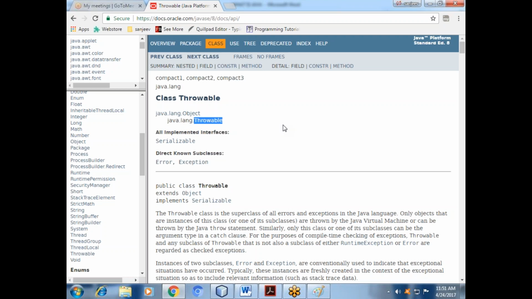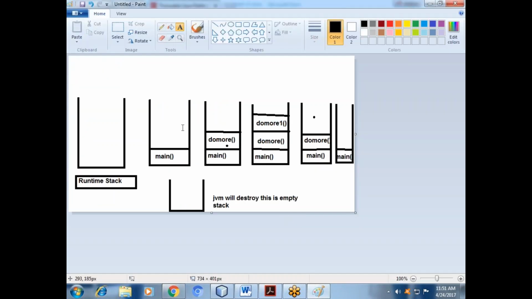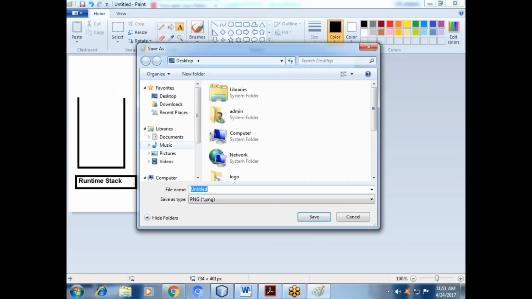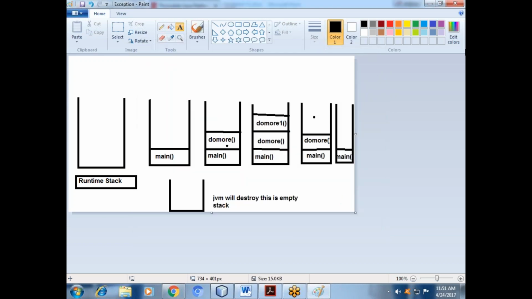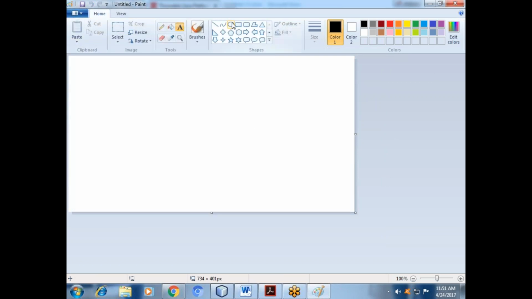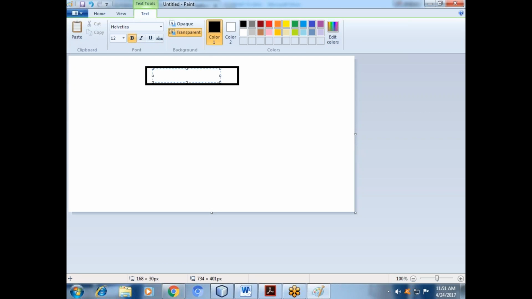So you can write that, it's better for you also. Can I erase this diagram? Yes. Okay, wait. We will create the Exception hierarchy now. First, the Throwable class.